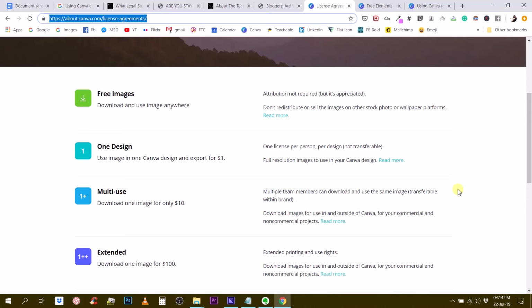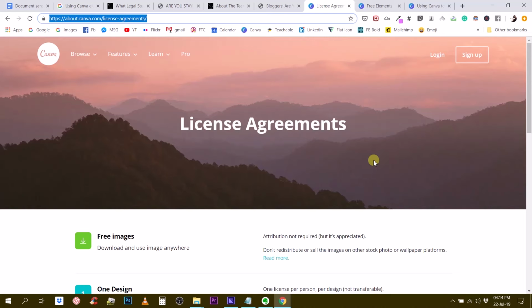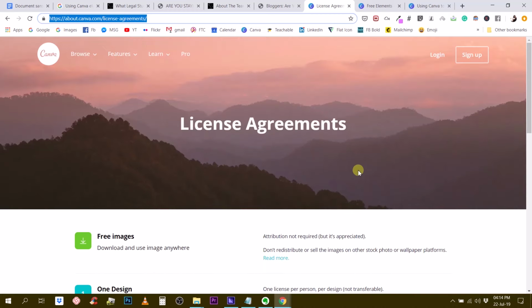It's pretty boring legal stuff, but this is the place to start. Or if you don't want to read this, just in order to be safe, just use Canva for your own use. Don't start selling your creations, or publishing documents en masse that you will sell, or that you would like to use on a big scale. That's what I'm saying. If you stay just using Canva for your own thing, for your own brand, you should